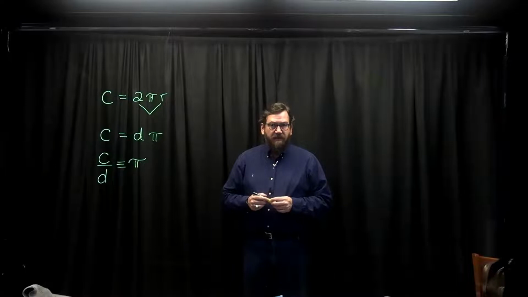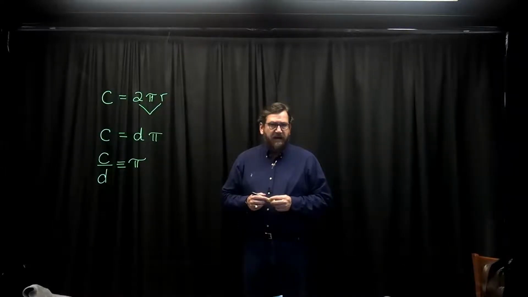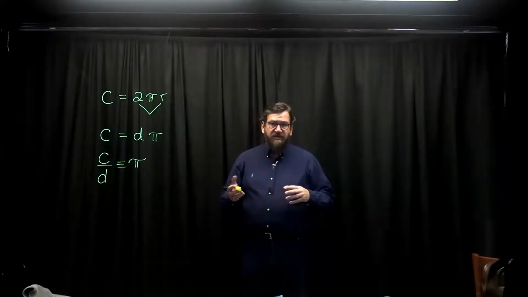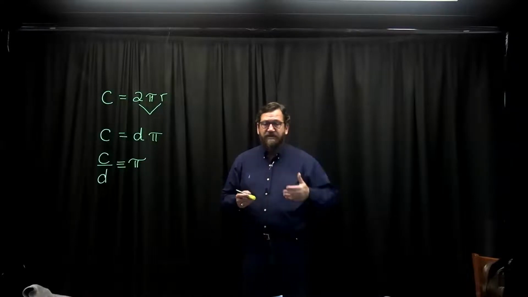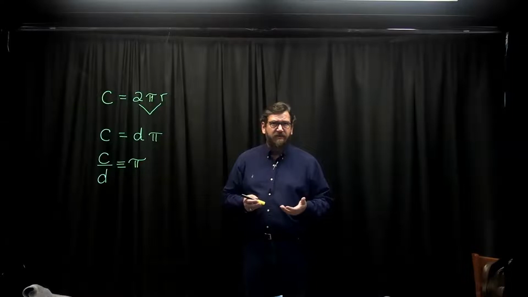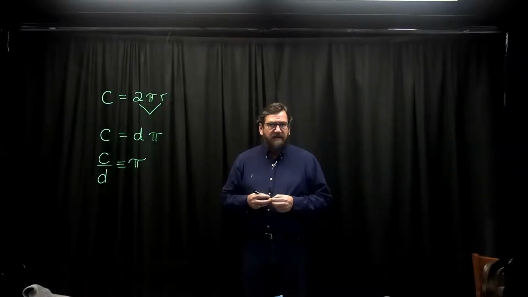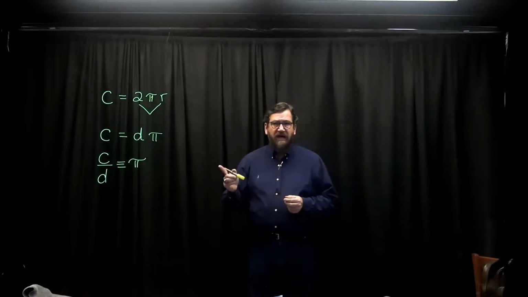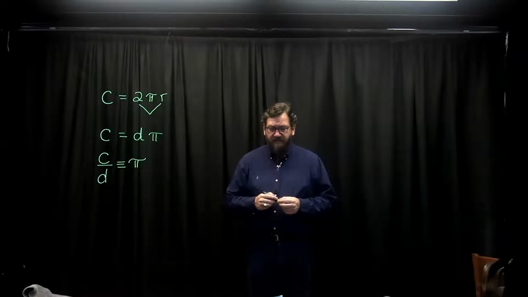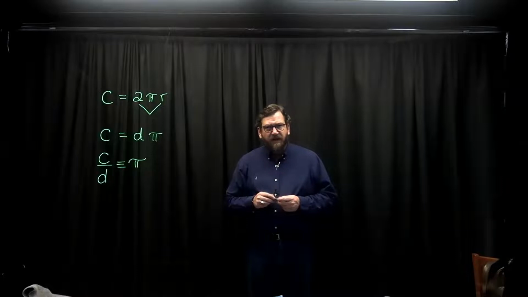Well, this begs a couple of questions. Firstly, is pi a constant? Because if the circumference is changing and the diameter is changing, does pi have to be a constant, or is it a number that depends upon each individual circle? And the answer is no, it is a constant. But that's not completely obvious. So the first thing we're going to have to investigate is, why is that a constant number? Then second, what is the number?